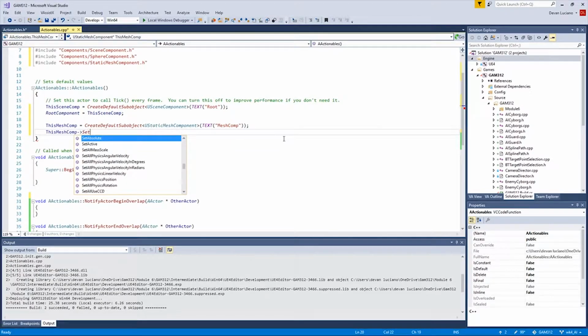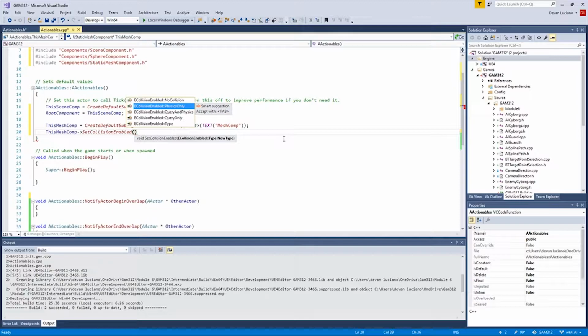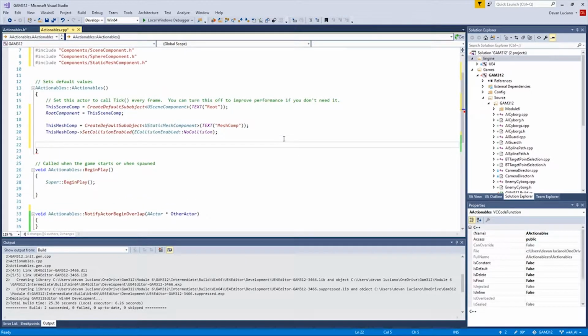Anyway, back to what we're going to do. And what we're going to do here is set the collision. So set collisionable, and we're going to set this to have no collision. The mesh component's not going to be able to collide. All right, so now we can go ahead and get started on the next one, which is, of course, the